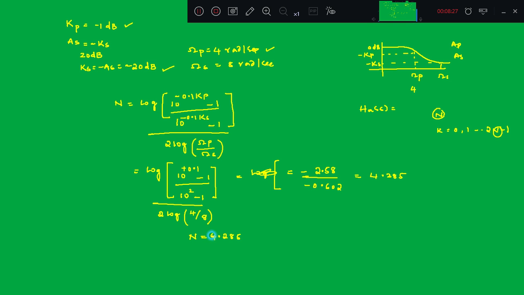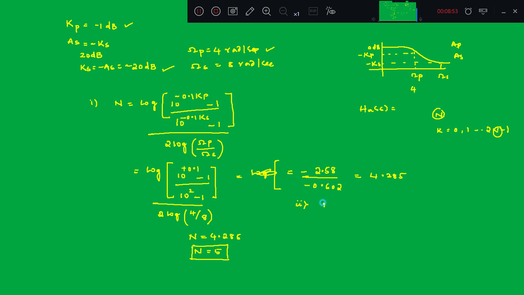4.285, but we cannot say the order of the filter could be 4.285, it should be an integer value, right? The round value. So you have to round up to the next integer value. So n is equal to 5. So now the order of the filter is 5. And similarly you have to calculate the cutoff frequency. So this is the first step, and the second step is to